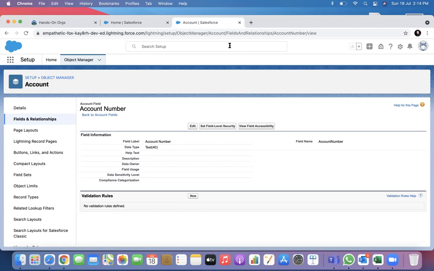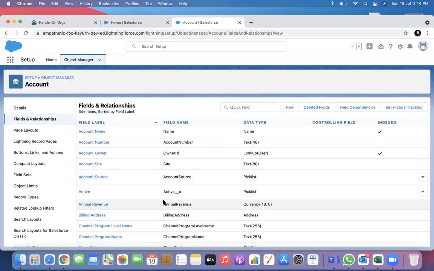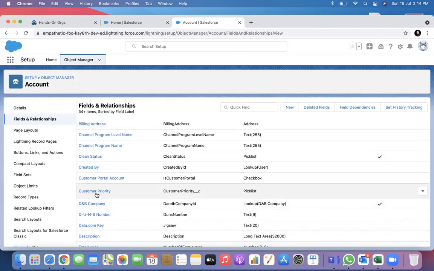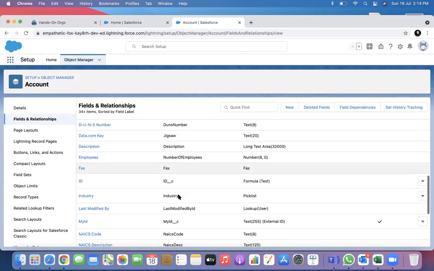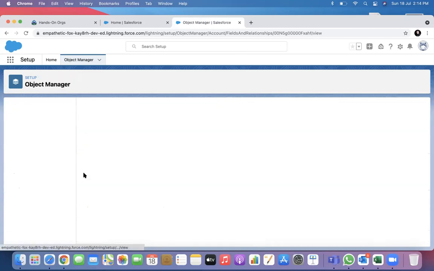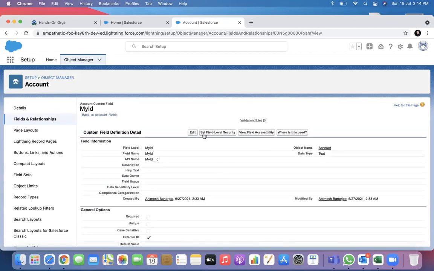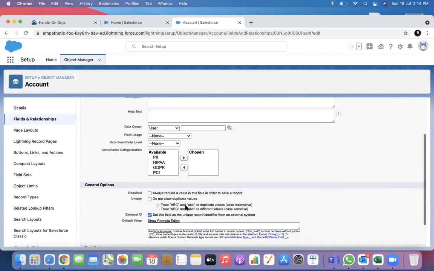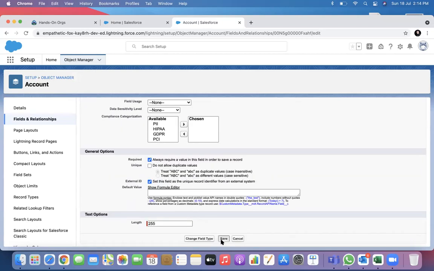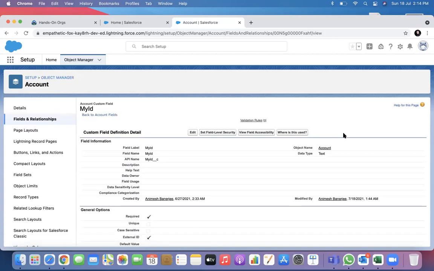So custom fields, if I create a new field, then I can make it required. Let's go to my ID field. If I go to this field, this is a custom field. I can make this required. If I do that, immediately this field becomes a required field. It will also show up. Let's see that.